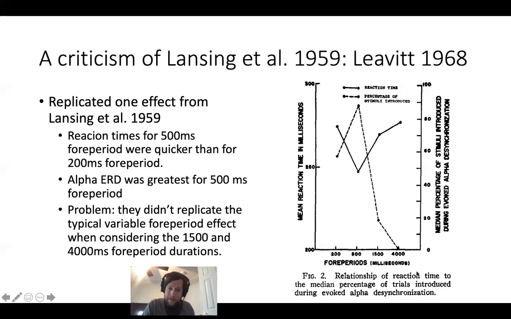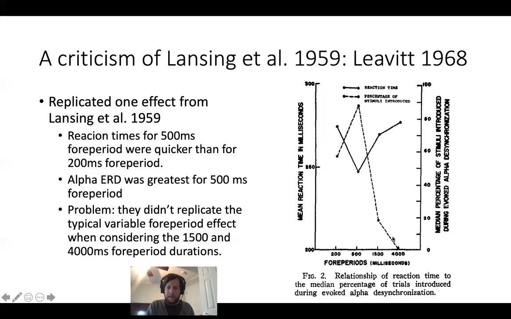So these two conditions by themselves kind of support the same old thing that Lansing et al. proposed, which is when alpha amplitude is small, that means your mind is more prepared to respond to something which is out in the world, and you respond more quickly to it. But then things get a little bit wonky after that. And that's because of what happens right here,